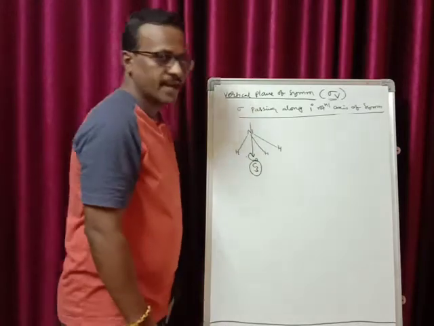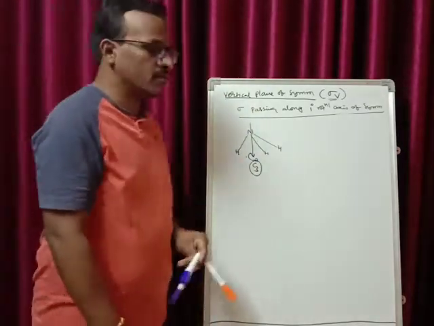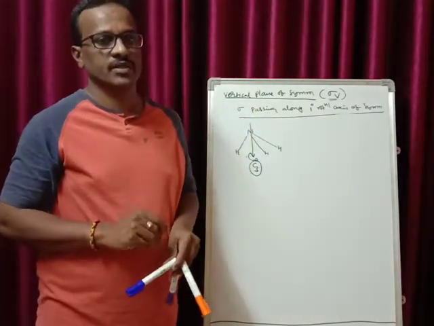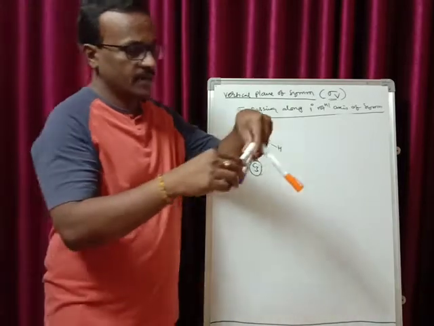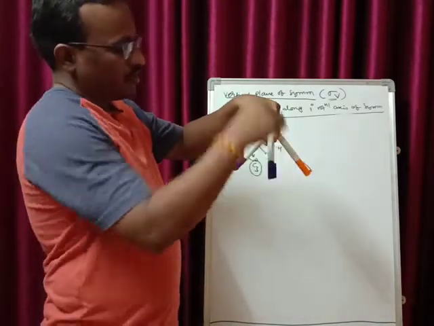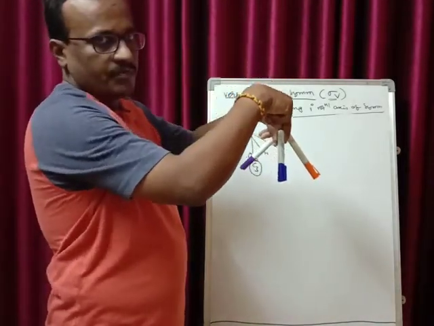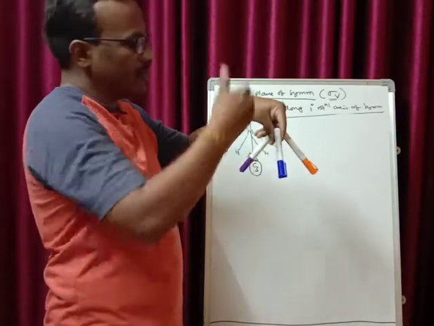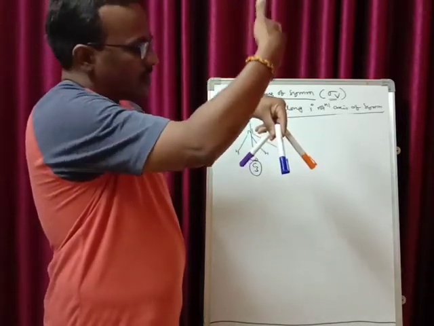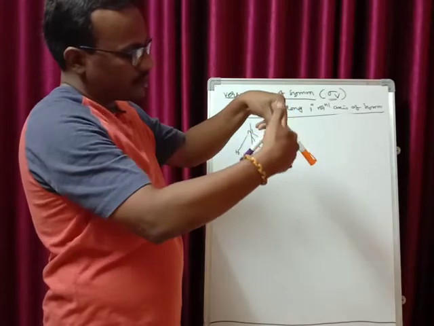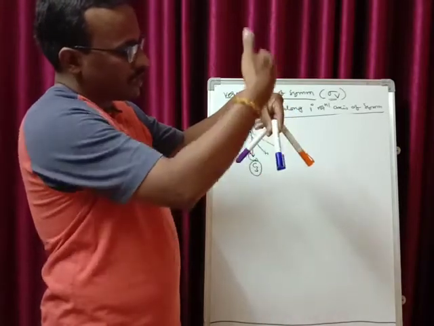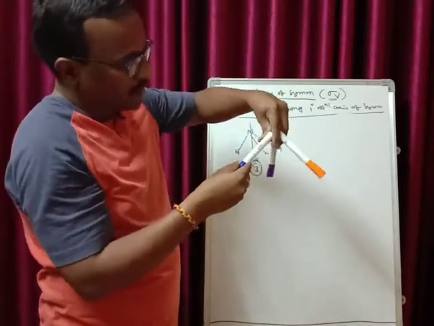Now coming to the plane of symmetry. The ammonia molecule has three planes of symmetry. We know the principal axis is from top to bottom. Here also the plane will be from top to bottom, such that you are cutting the molecule like this, that is, with nitrogen and a hydrogen in between. Or I'll put the molecule like this.